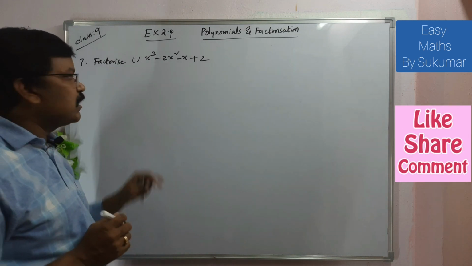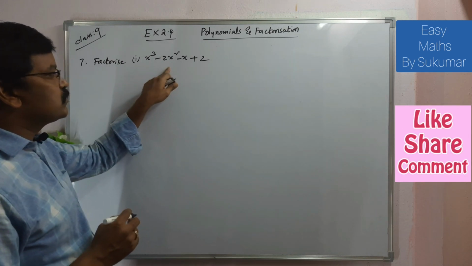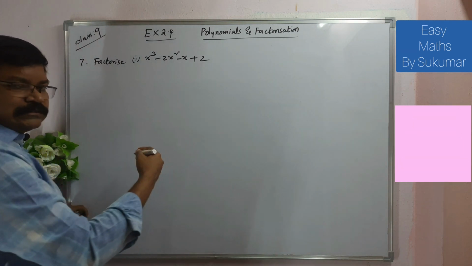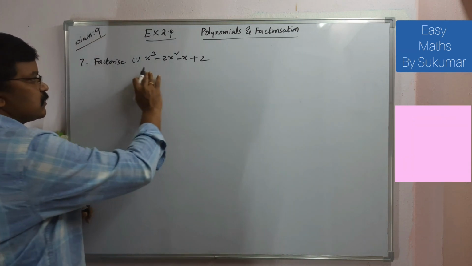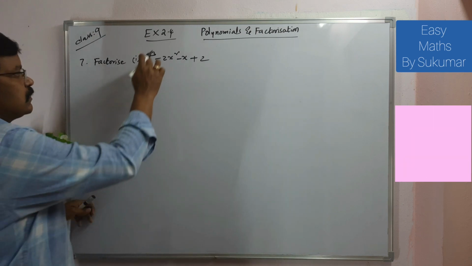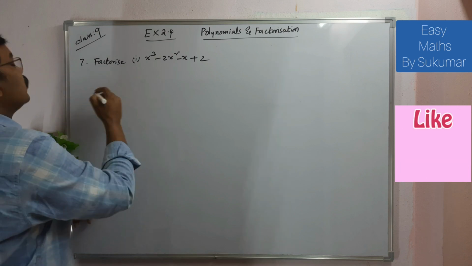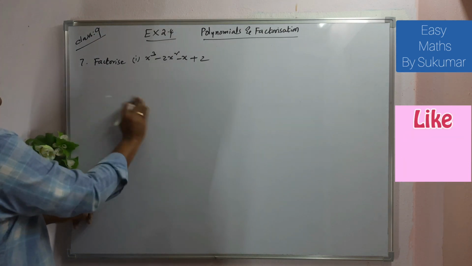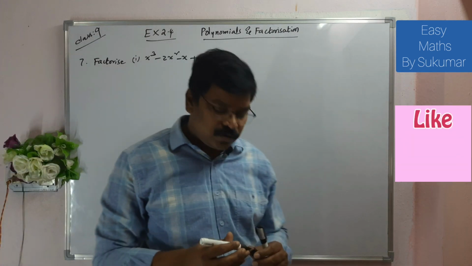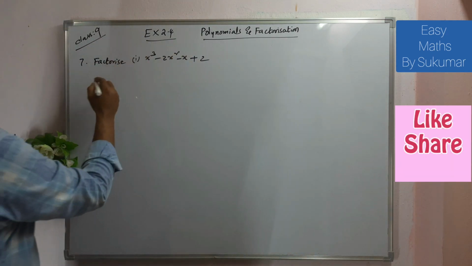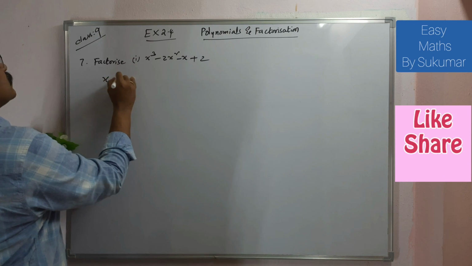Seventh question. Factorize number 1: x cube minus 2x square minus x plus 2. Here, we have to find the factors for this given polynomial. See here, the degree is 3, so we will get 3 factors. Okay. Let us verify here whether x plus 1 is a factor or x minus 1 is a factor, like that. See, x minus 1 is a factor means, as